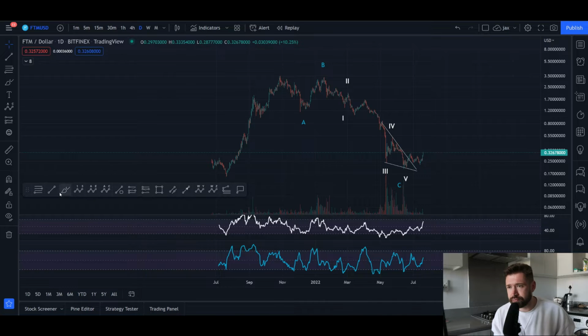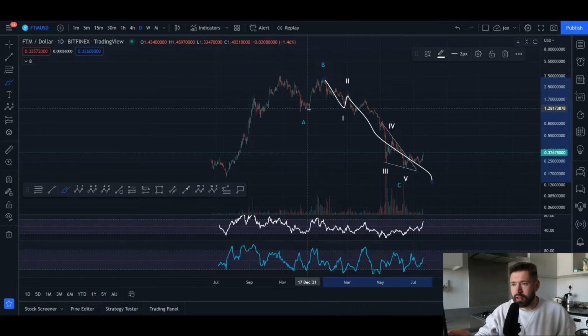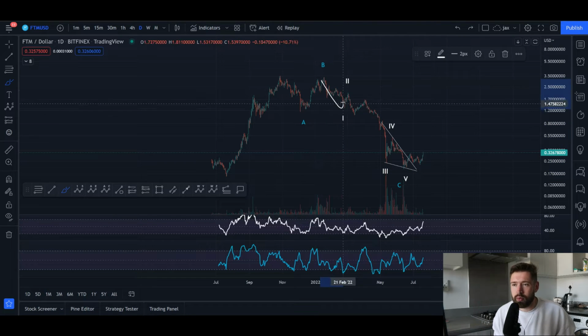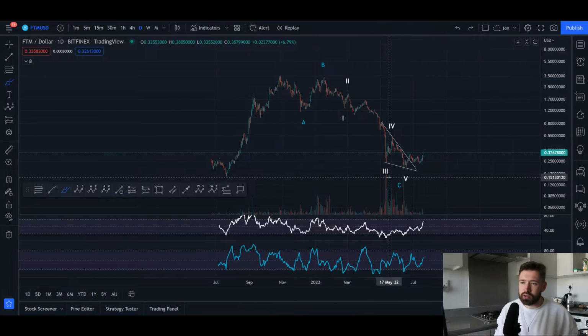to the downside. We've come down in our wave 1. Here's your wave 2 pullback. This was your largest wave 3 all the way down here. This is your wave 4, and you completed your wave 5. You broke that wick low, completing the wave 5, and now it looks like we may be starting to reverse the trend. Of course, if Bitcoin goes lower, like I'm expecting ETH to,